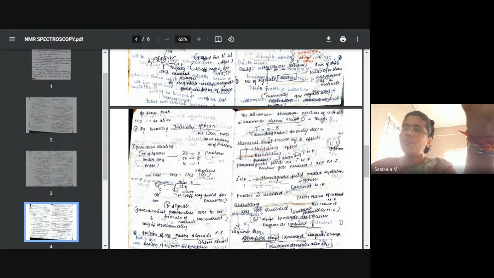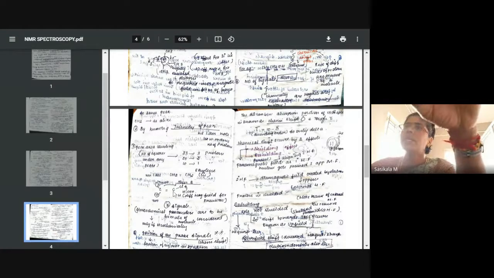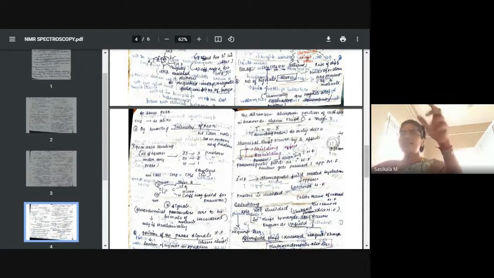How is it influenced to give 3 signals? Because this chloride is present. It is an electronegative group. It will withdraw the electrons present around this proton. So electron density will be varying around the proton, so this proton will be changing its absorption compared with this proton. Even if it is attached to the same carbon, it will not give a single peak. It will go with 2 peaks. So in this case, we need to have the stereochemical formula, then only we can analyze how many kinds of signals we can get.